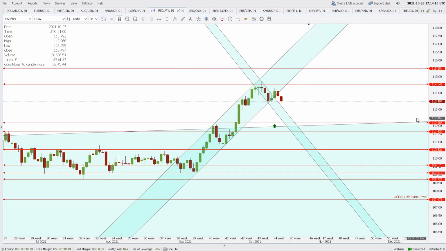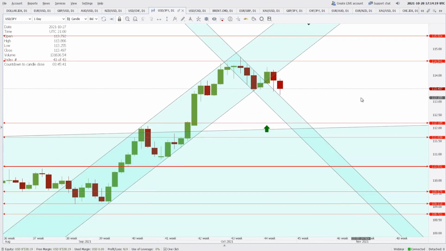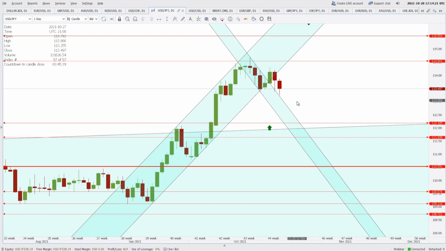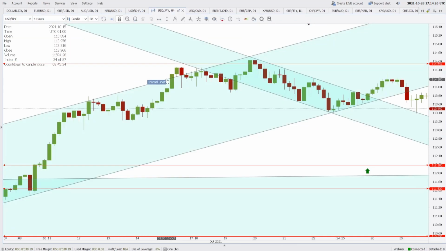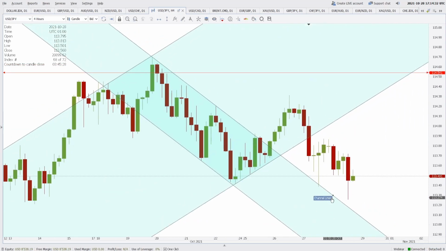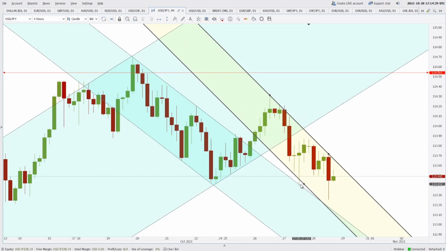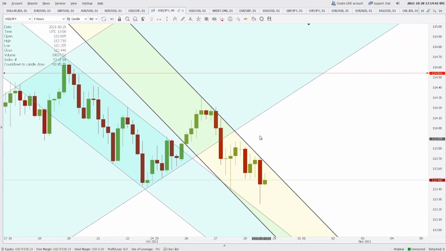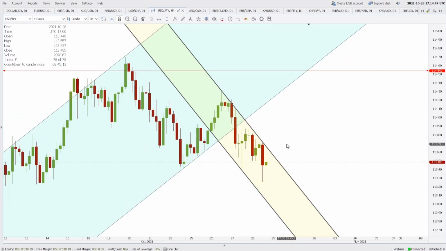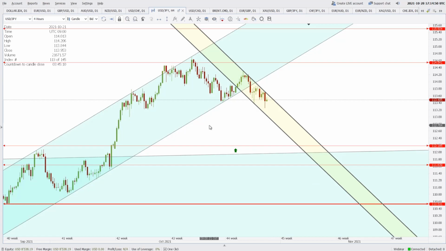If you talk about the US dollar against the Japanese yen, yes, today's weaker US dollar is giving away profits against the yen also. But on the 4-hour, if you see that this falling channel's support line is still acting as a support for the price. So this can be seen as another channel down, and until this channel is broken to the upside, you cannot be sure of an up move here. But I think sooner or later this channel has to break to the upside, because